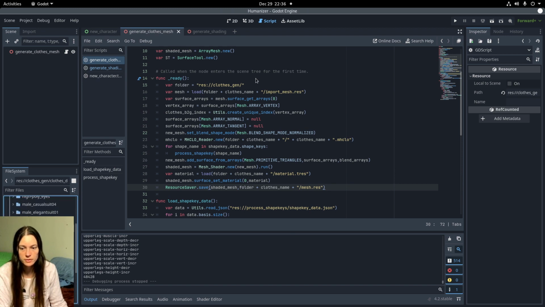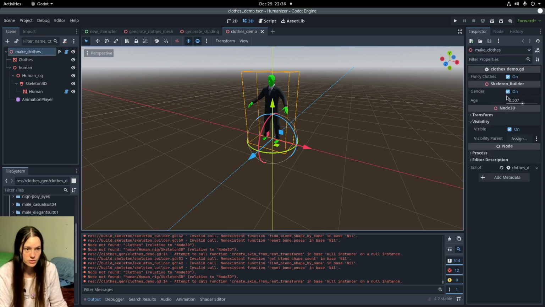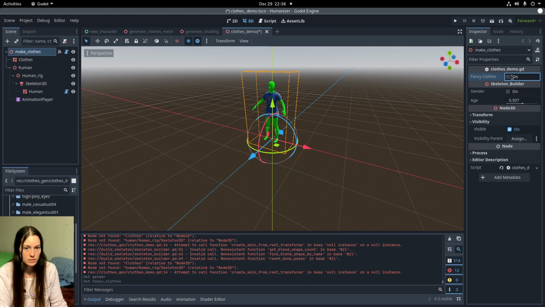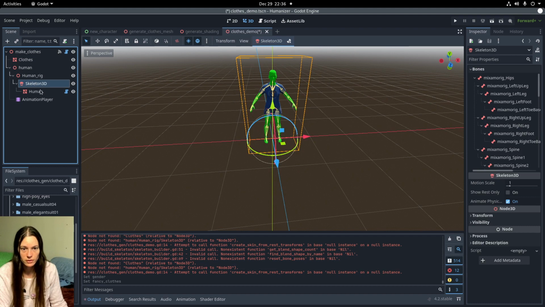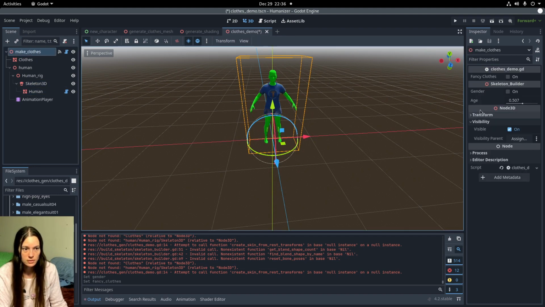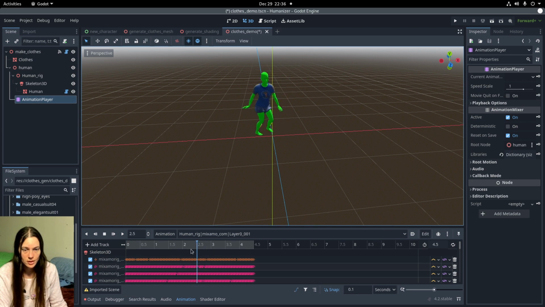But if I open up the clothes demo, and I generated the female casual outfit. So I'll just check to make sure that the shape keys and the bone weights all seem to generate properly. So this seems to be working, and I still need to cull the extra shape keys out of the clothing,